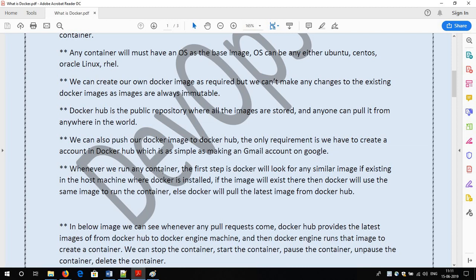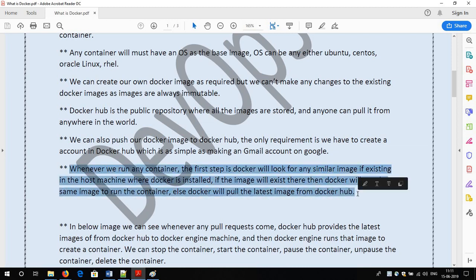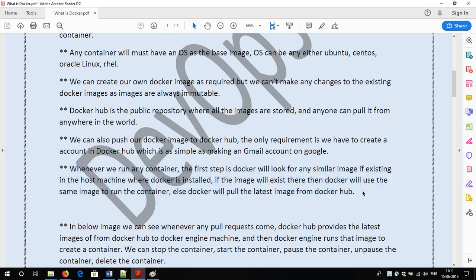Now whenever we run any container, the first step is Docker will look for this. I think I will explain this much better in the practical session, but anyhow, let me just read this line once. See what the flow of Docker is that I am explaining over here.